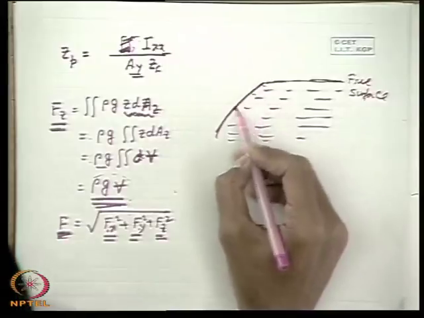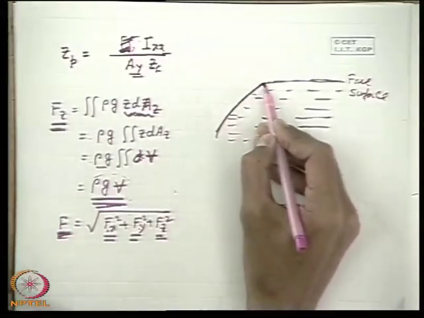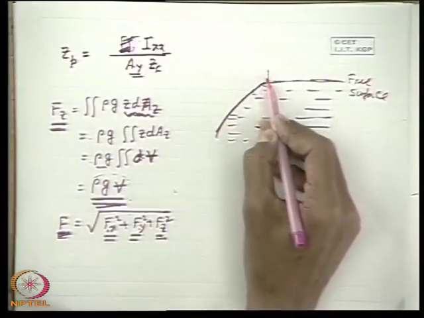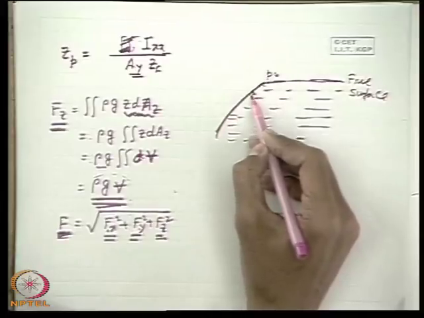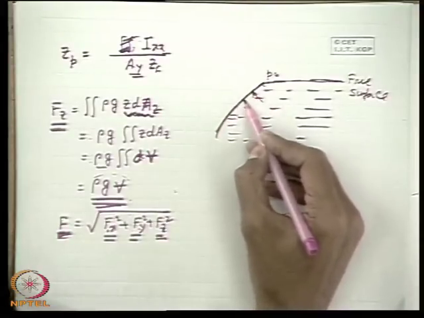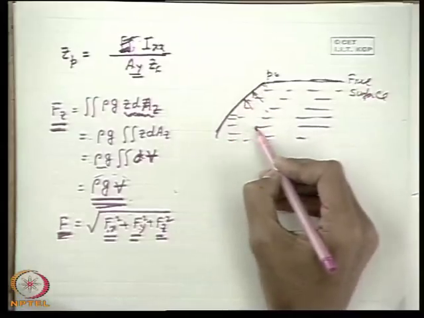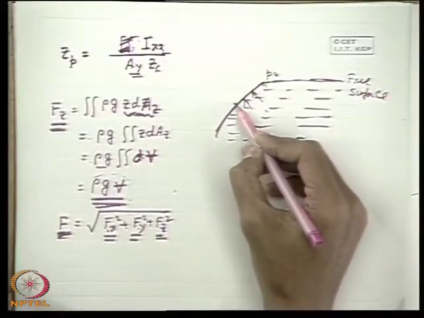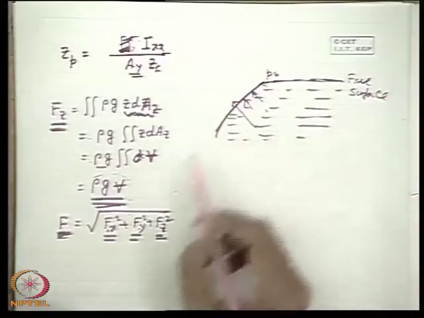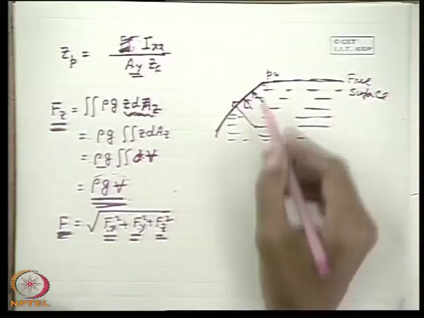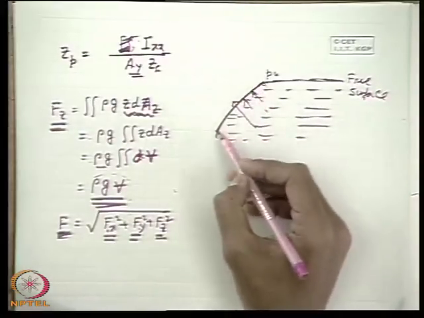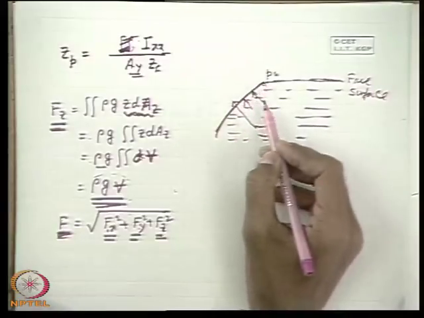This is not a submerged surface, but at each and every point the pressure is atmospheric pressure P0, and at each and every point there is a pressure force due to the height of the liquid. So there is a net pressure force in this direction that we know, but to apply this formula we can do it analytically, but if we want to find out the vertical component of the hydrostatic